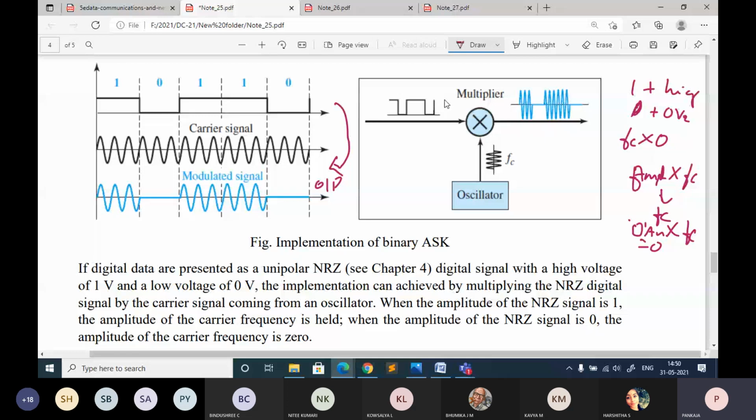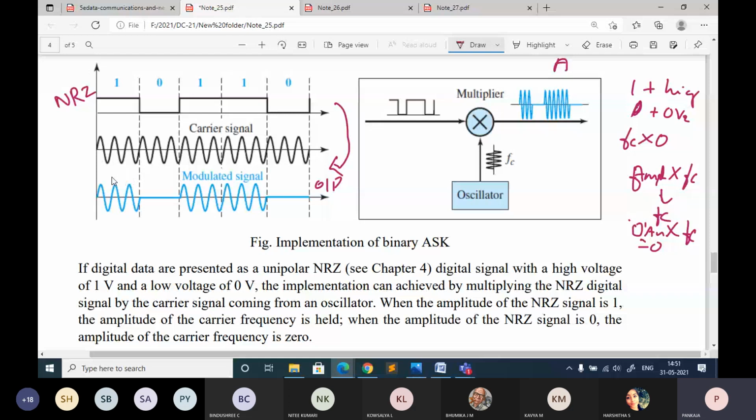Similarly, the next bit, if it is 1, you will be getting the high frequency signal, high amplitude. It is not frequency, actually you are working with the amplitude, so you need to use the term amplitude. Here it is just a consideration that you are using unipolar NRZ. What is the meaning of that? When you want to understand these topics, you should know the previous topics. There is a lot of link.